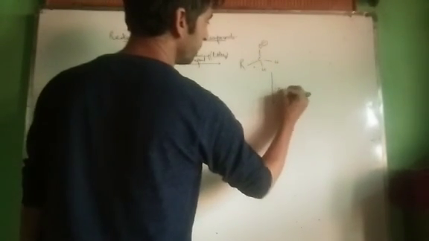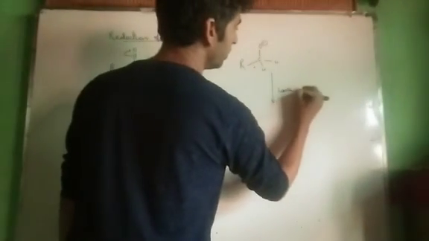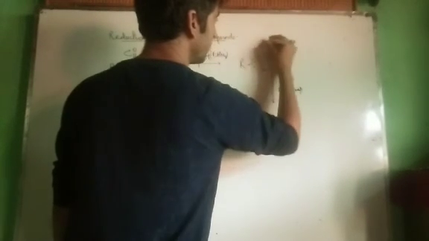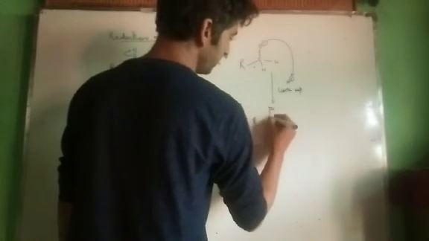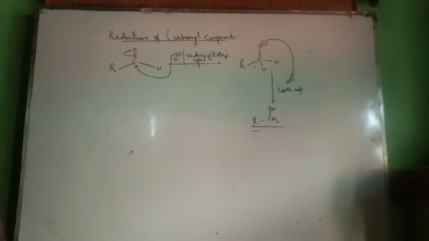Now see what happens in the next step. Work up starts. Work up means reaction with mild acids, reaction with water. That means proton abstraction from water. We get RCH2OH. This is our alcohol that we have got. This is the mechanism. It is quite simple. I will discuss these reactions in the next lecture.